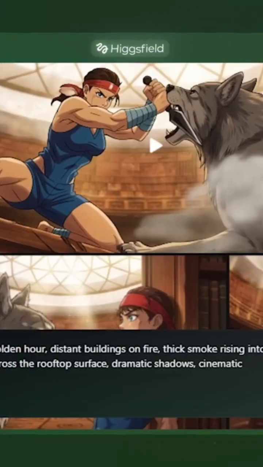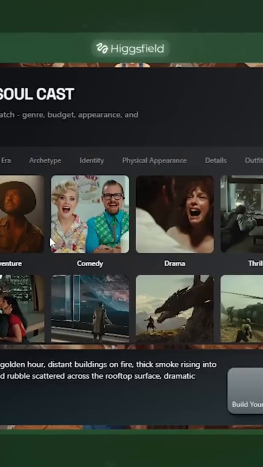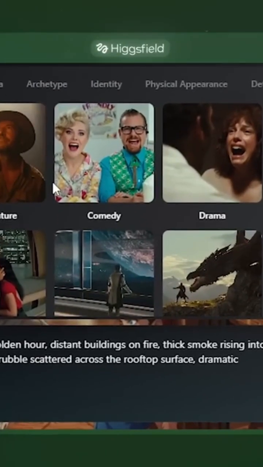And all of that is thanks to Cinema Studio. So once you're inside, go to the characters section. Here you can build your character through 8 specific categories, the same way a casting director would think about building a role for a film. Genre is first, and this matters more than it looks. There are 14 options, like action, drama, and horror. And the reason this category is so important is that the same prompt generates completely